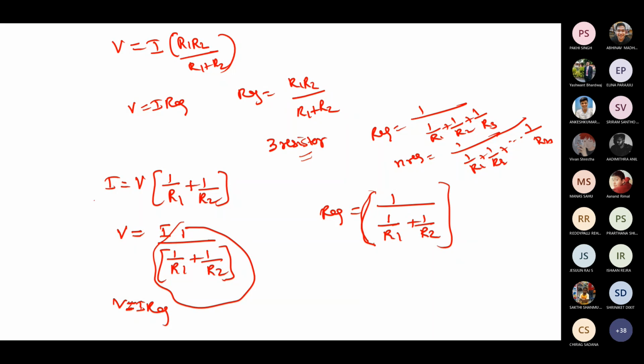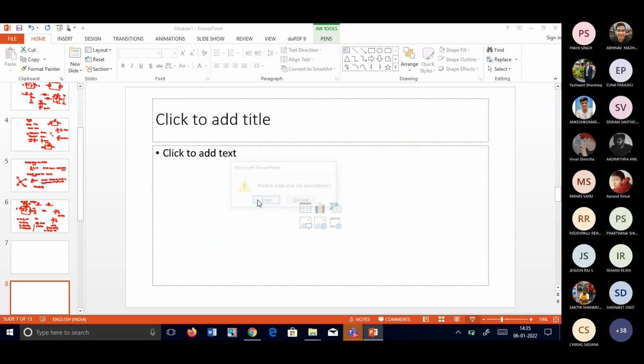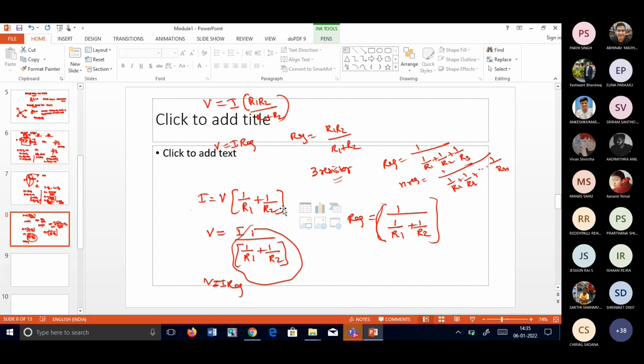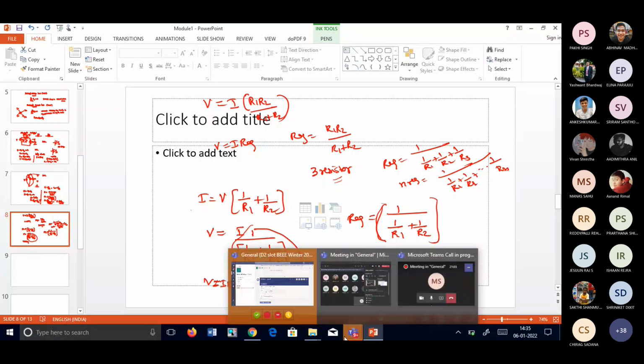What's your good name? I'm Manasa. Yes, ma'am. Okay, Manasa, next class just show me which calculator it is. If your online one is fine, no problem, you can use it. If not, buy a calculator in the office. That's what I want, because compulsorily from next class onwards we will be doing problems, students. Everybody should have a calculator.